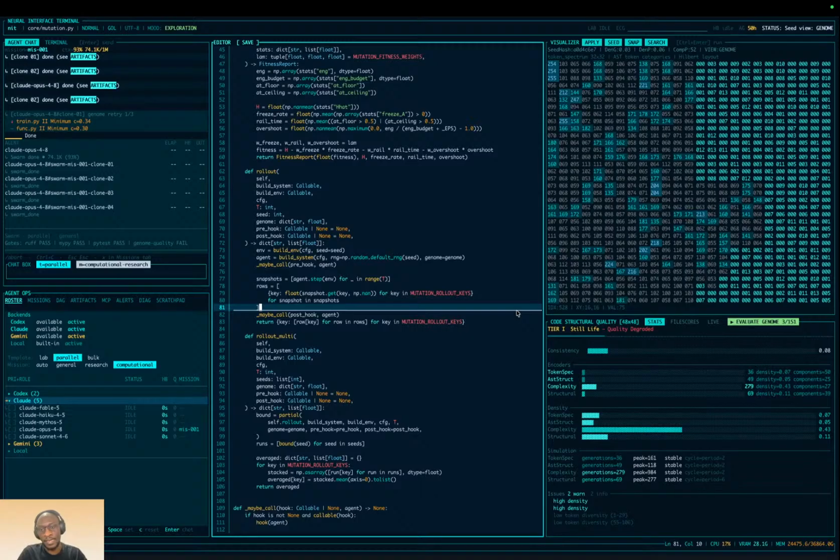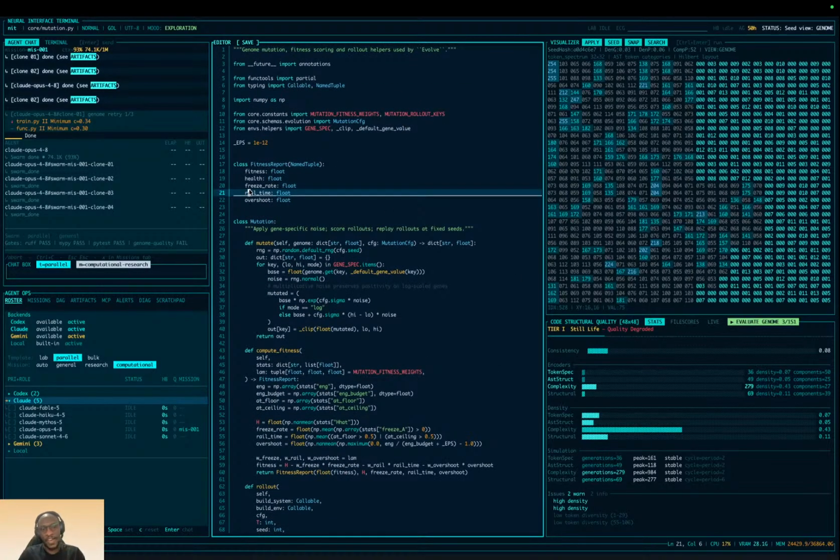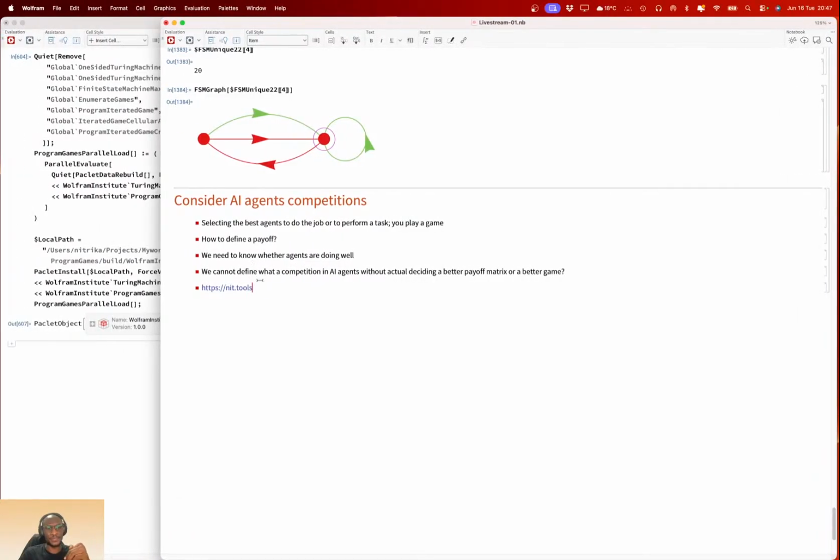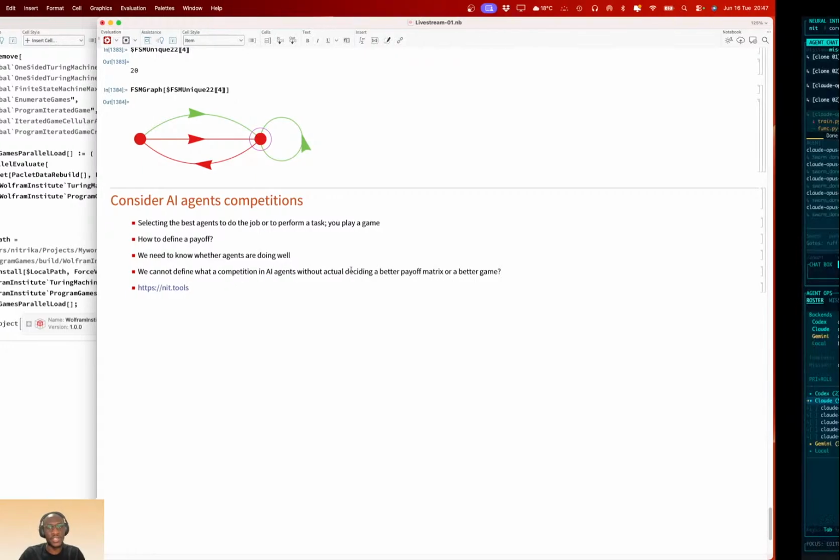In any case, the structure is encoded, and that structure is fed to agents every time they edit this file or any file. It's so abstract. There are ways to feed agents this information, and that's how they get information about the code they have written, measuring their code through that fitness function.